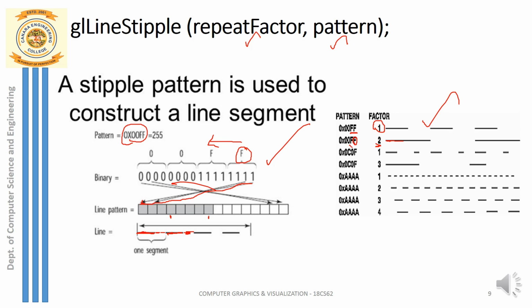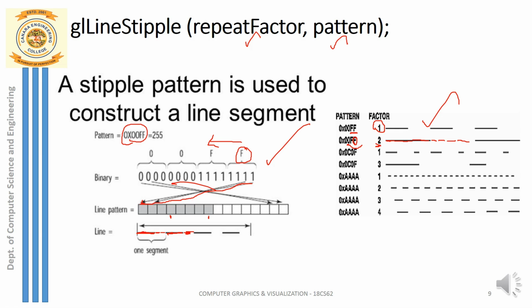Again the next F is taken, you can see the line is continued without any gap. Since the repeat factor is 2, you continue that line. So this is how the lengthy line is drawn because the repeat factor is 2. And again now I'm going to have this 0 pattern. So 0, after that you repeat that 0, next one more, last 0 you take, again you repeat that 0. So this is how the repetition factor 2 works, with a big gap, and also the line is a lengthy line. So this is how the line stipple is drawn.